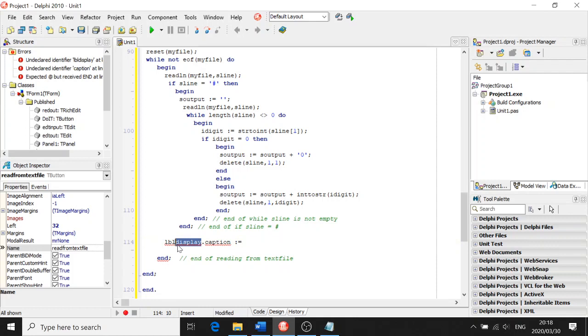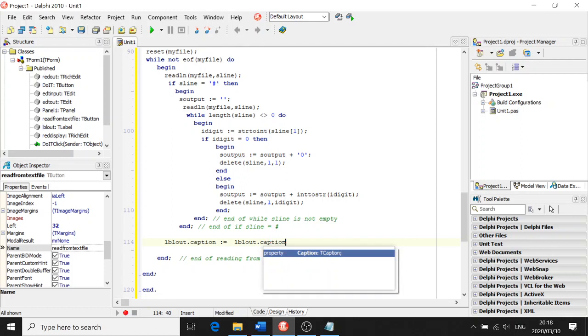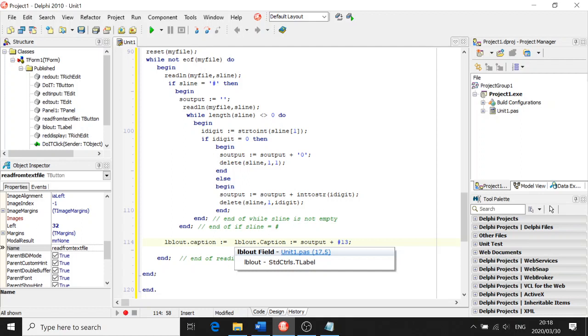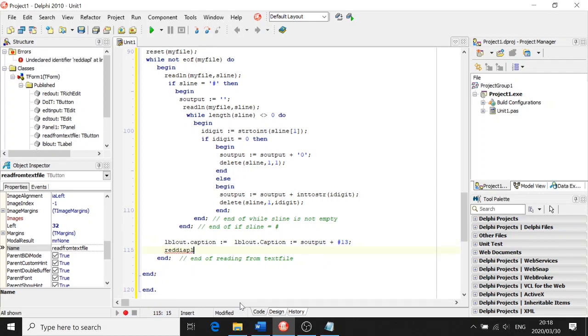So not LBL display, LBL out dot caption equals LBL out dot caption, the previous caption, which is nothing when we started off, plus S output. But I'm going to introduce a hash 13 here. Why? There we go. And now we're going to do red display